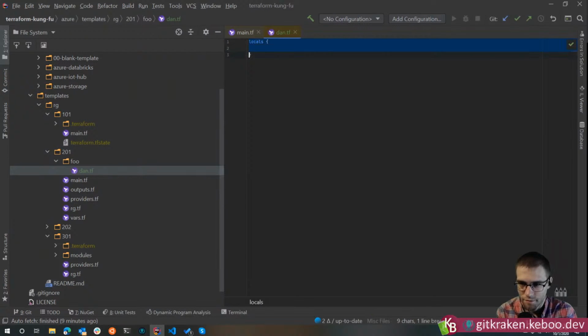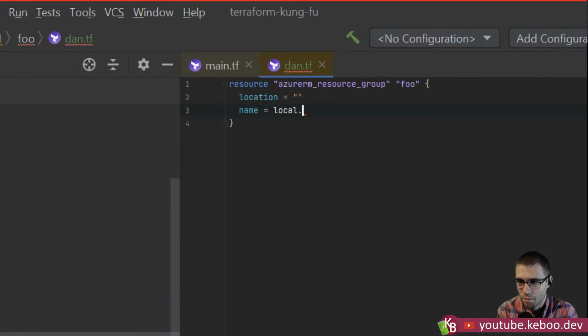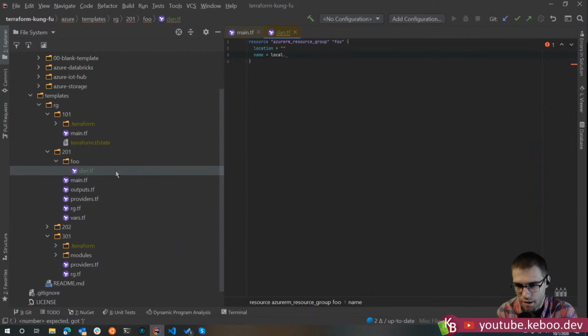Okay, well, let's do that. So if I did resource group, call this foo, and I wanted to use local dot, there's nothing there, right? It's not going to show up because everything around here is very much tied to a directory base.